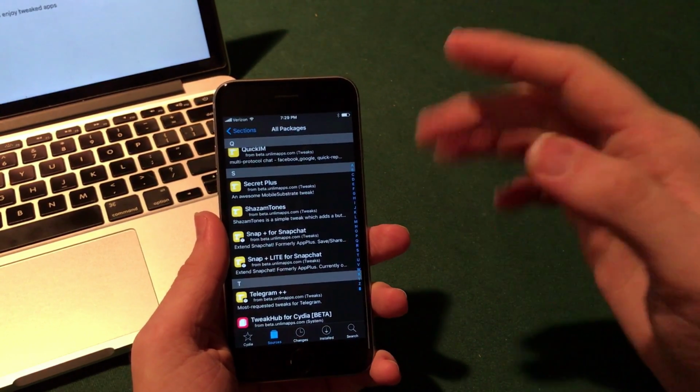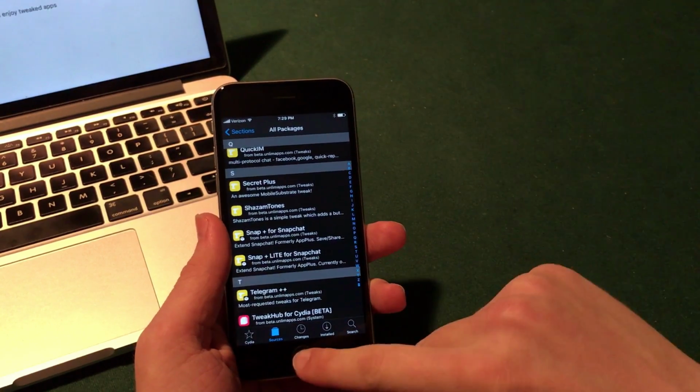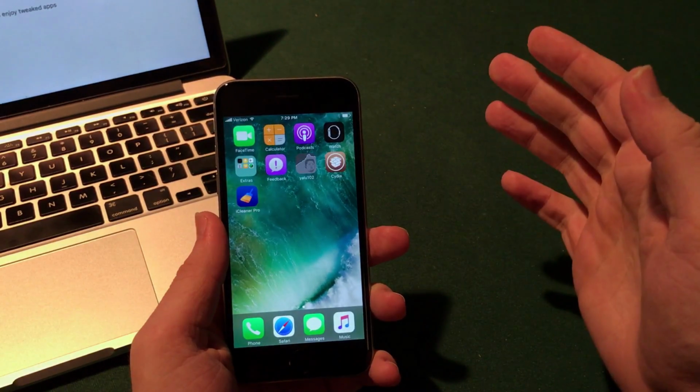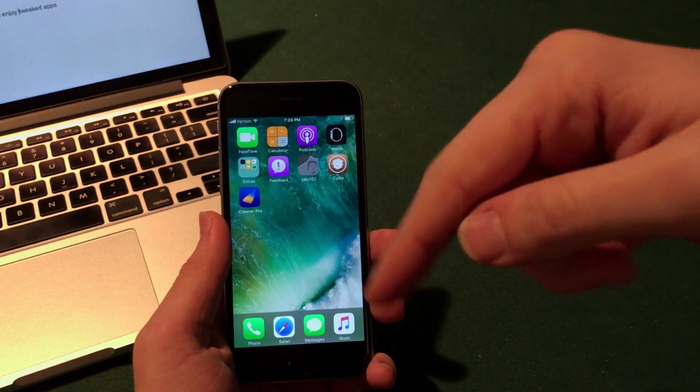You do have to have the original application installed on your device already. This is just a patch for those applications to get the ++ features, but it is really, really cool, and you can download all those tweaked apps with your jailbreak, and I'll have that source down there in the description